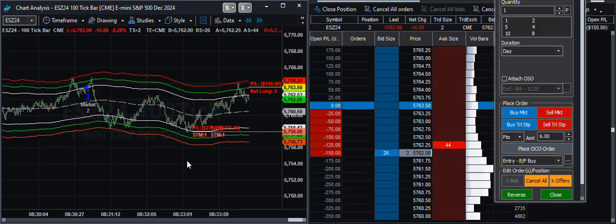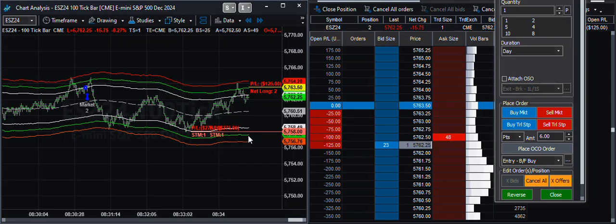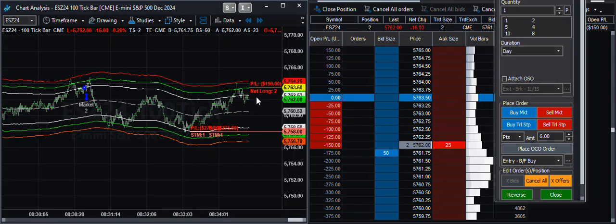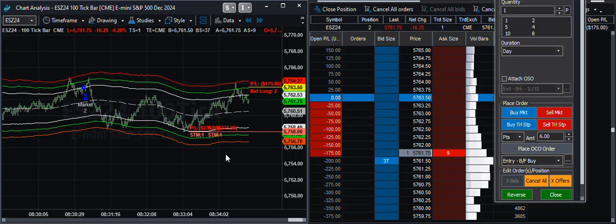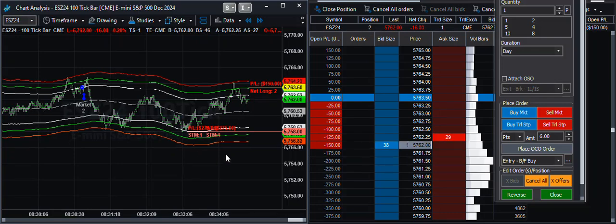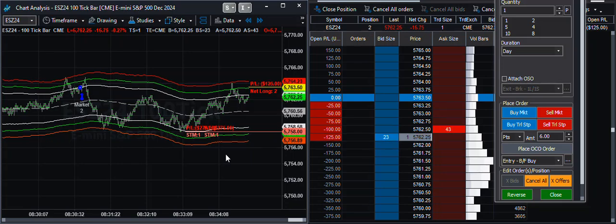Now I'm going to put this on pause, and what I want you to see is how this trails. Hopefully it will trail. Otherwise it may come down and just simply knock me out. That'll be okay. This is all for demonstration right now. But again, this is live, and had I actually put it on with my actual account,